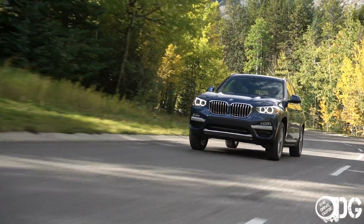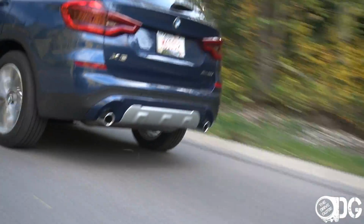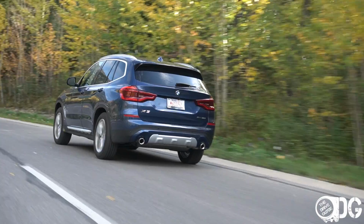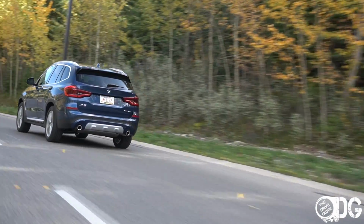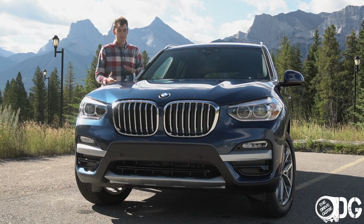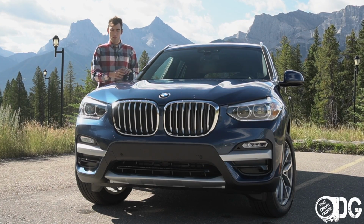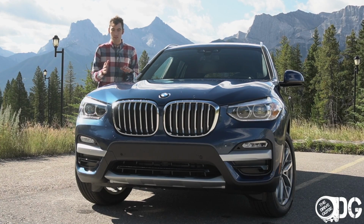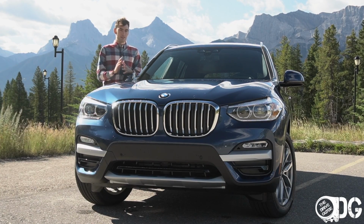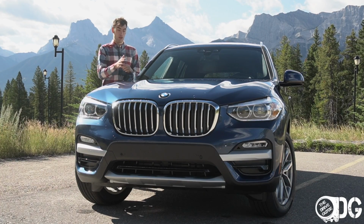I'm immensely impressed with this X3. It is the base level trim. It comes with almost no additional options, but I really don't feel like I'm missing out on much here. So that wraps up everything I wanted to say about the 2020 BMW X3. I am fully impressed with this vehicle. Is it my favorite in the class? Not quite, but I still want to give this car a segment leader, as I'm impressed with its driving dynamics,